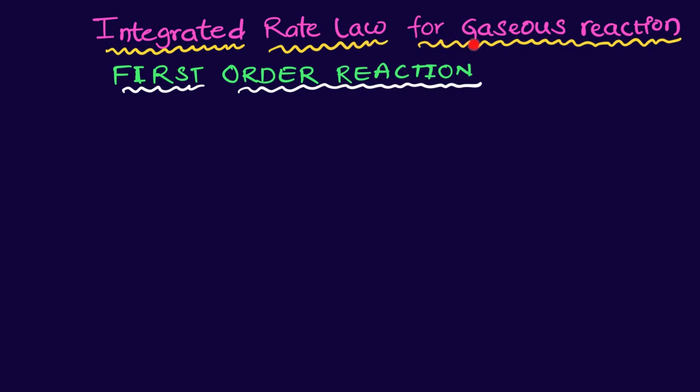Integrated rate law for a gaseous reaction, first order reaction. For example, here A gives rise to B plus C. This is a gaseous reaction; all reactants and products are in the gaseous state. So now at T equal to 0 time, the pressure of A is P initial, Pi, and the product is not formed, therefore dash,